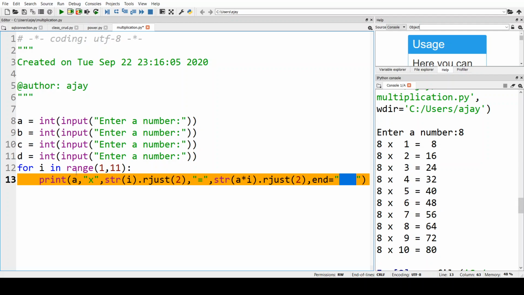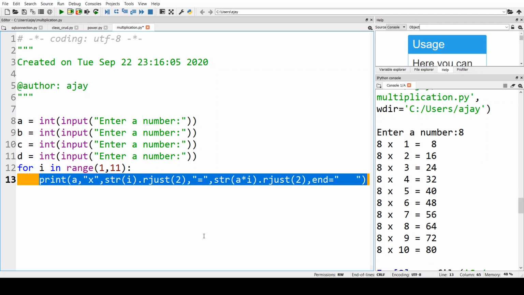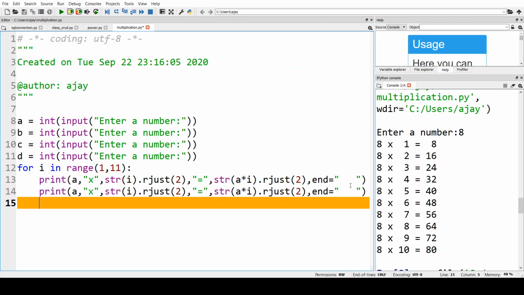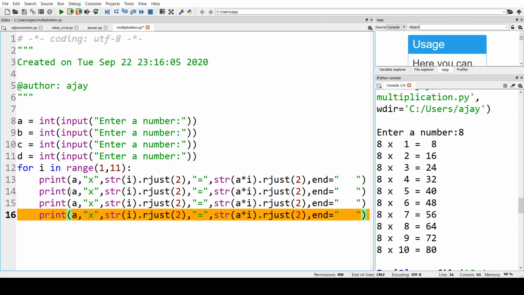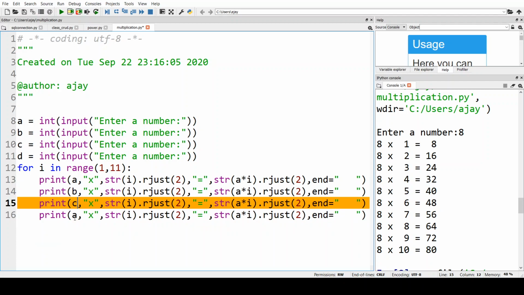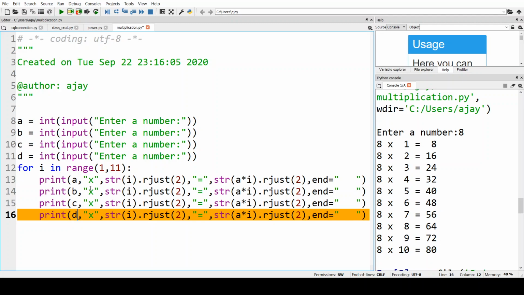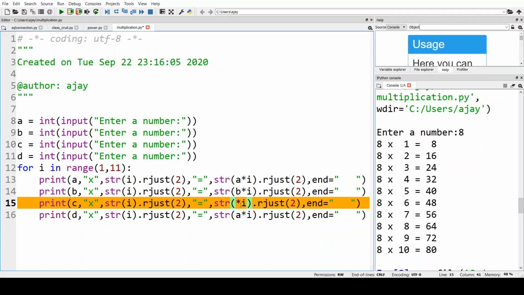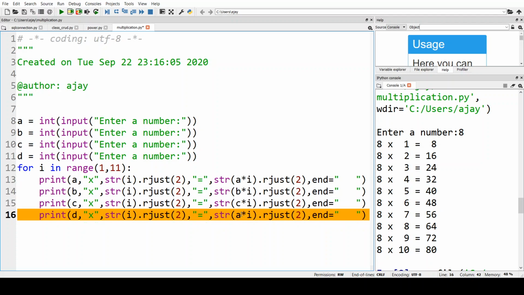next line. So how we are going to do that is, this is going to print the first table, I mean only for the first time this is going to print only the first value, that is 8 into 1. Okay, so let me come to the next line, and these are the 4 tables. Okay, so this I'm going to make it as B, this as C, and this as D, and changes that I need to make out here as well. So this is going to be B, this is C, and this is D,